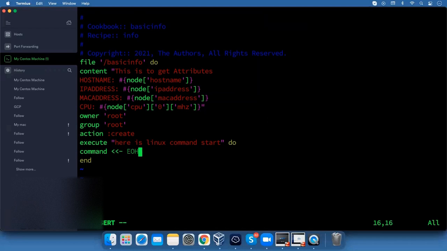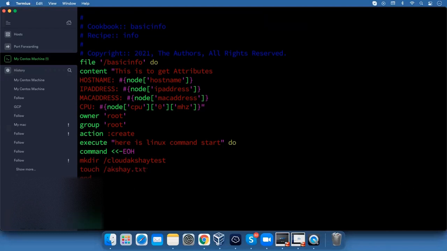EOH. mkdir. Here we are going to write a Linux command. I'm going to create a directory Cloud Akshay test, and second is to make a file akshay.txt.